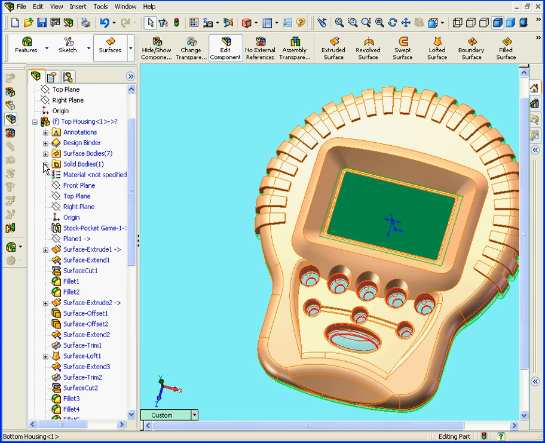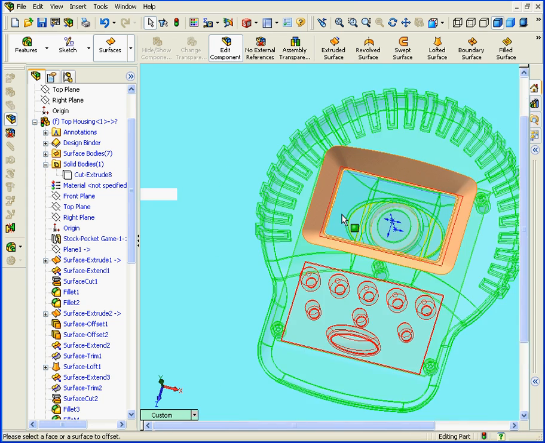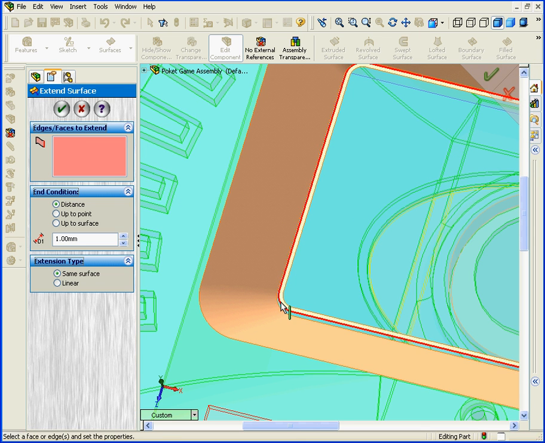Alright, let's hide our solid body. Expand the solid bodies folder, right-click, and hide. Next, we'll need to extend this surface. Activate the Extend tool. Click on this edge. Under End Condition, choose Up to Surface. Now we select the surface to which we'll extend,